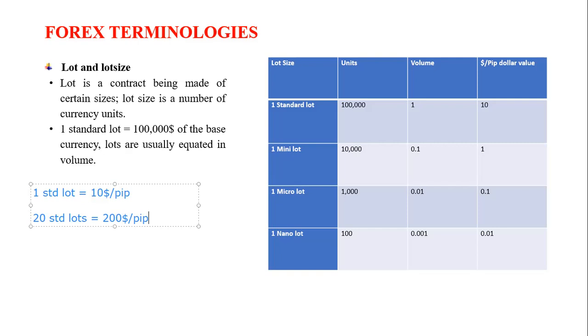So let's assume this person goes into a trade that day and catches 100 pips. What will the profit be? If this person was using a lot size of 20, he has got 100 pips, and for every pip he was getting $20 per pip. So we say 100 pips multiplied by the $20 per pip, and this person will be making a profit of $20,000